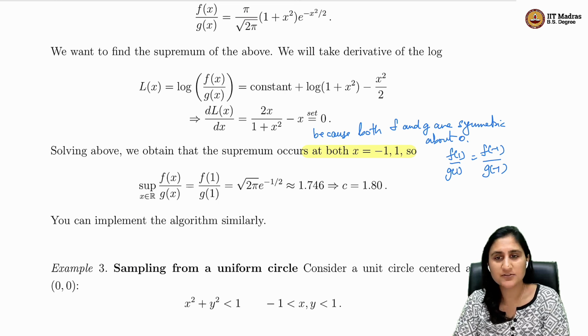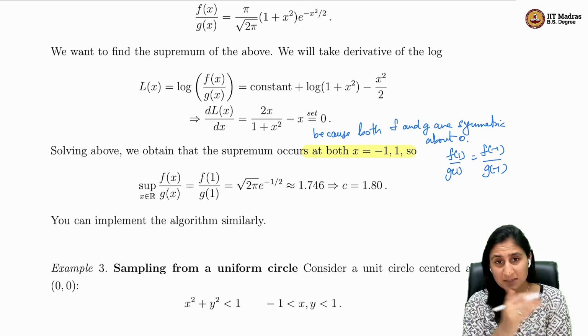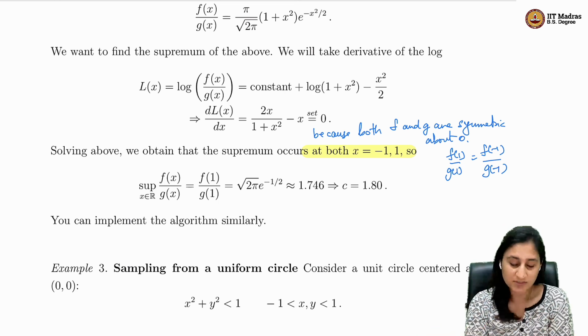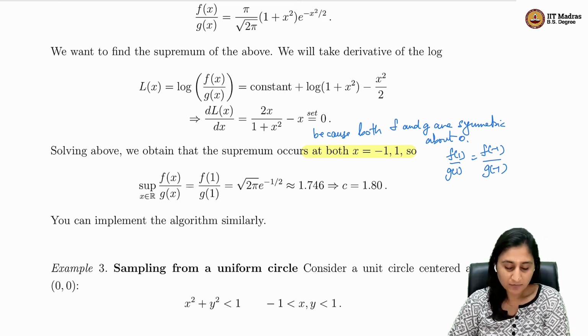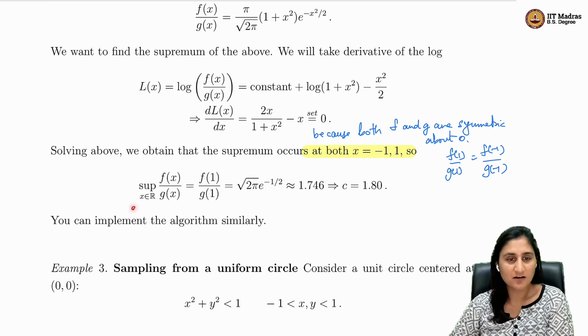Because they're both symmetric about 0, so f of 1 is equal to f of minus 1 and g of 1 is equal to g of minus 1. Which means that the supremum over x in R of f by g is equal to, I can choose either minus 1 or plus 1, I choose plus 1, f by g at 1, which is square root 2 pi e to the power minus x squared, and that is approximately